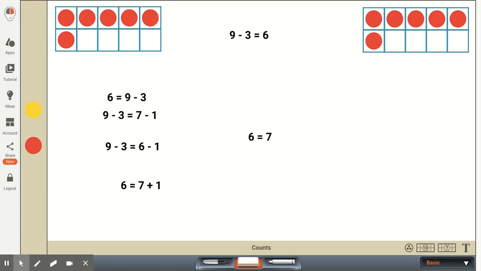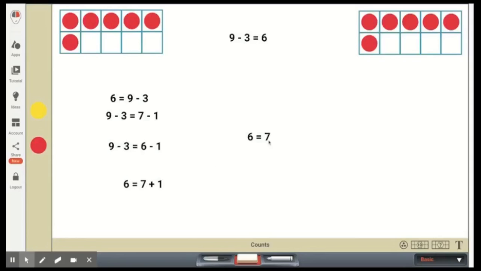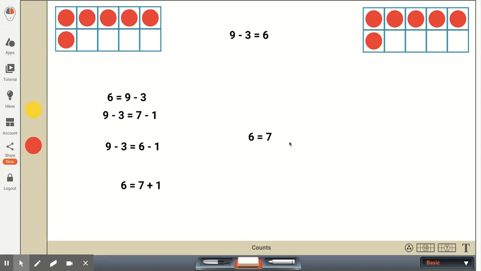And what you could do is you could ask your first grader, what can I do to either the left or the right side to make this true? And you may hear answers like, well, on the left side, I could make this 6 plus 1 is equal to 7. Or on the right side, they may make this 7 minus 1. So that would be equal to 6 plus 6. So that would be just if you want to further test your first graders on their knowledge of equations to see how they can turn false equations into true equations.